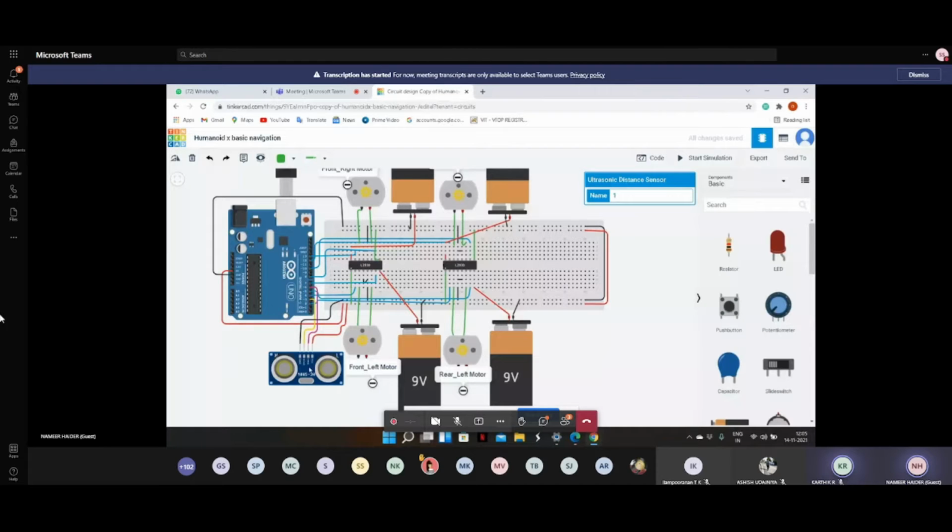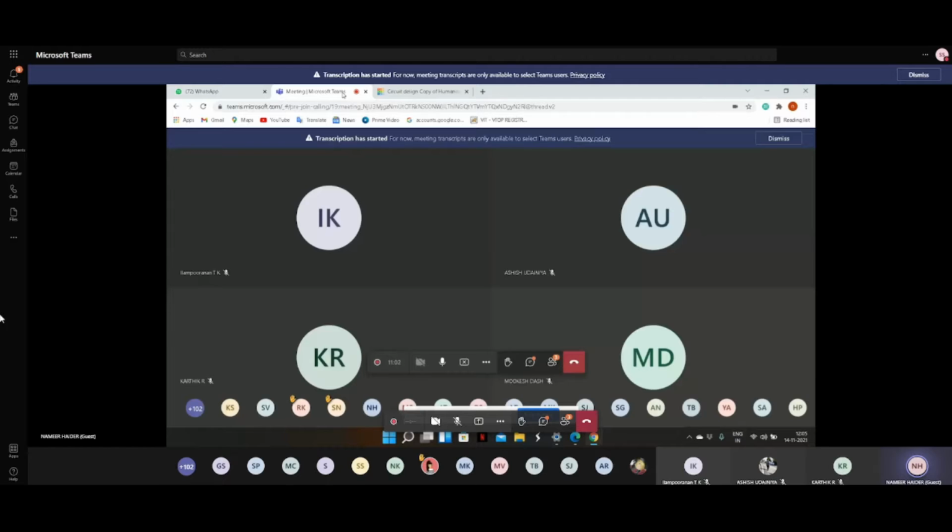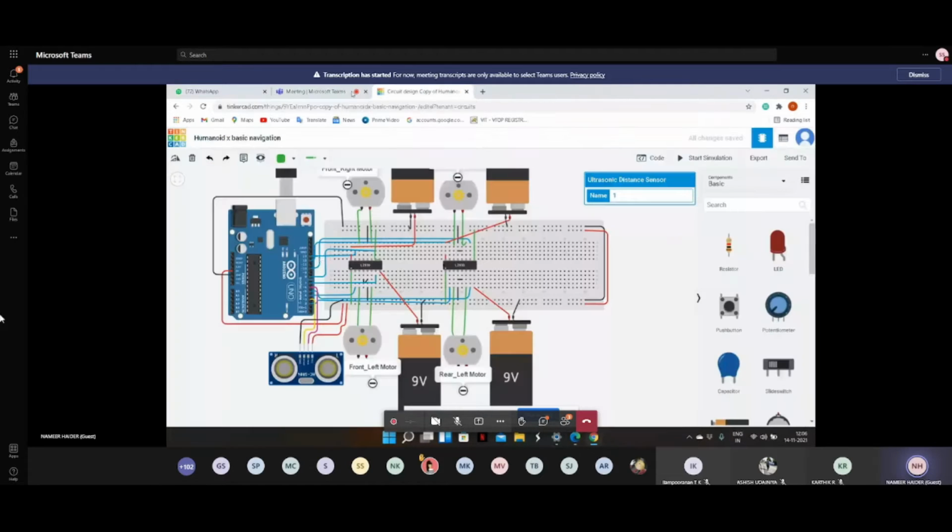An ultrasonic sensor is usually used to measure the distance of an object. It has a trigger pin and an echo pin. The trigger pin emits the ultrasonic waves. What are ultrasonic waves? They are waves above the frequency of human hearing, so you can't hear them. The trigger pin sends around 8 bursts of ultrasonic waves in 10 microseconds, which are then gathered by the echo pin, and then the distance of the object is noted. So the working of the ultrasonic sensor is clear to you, right?